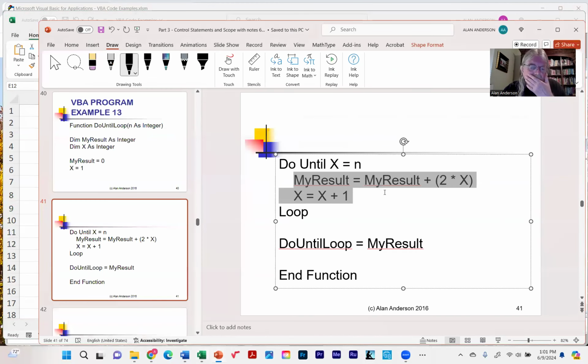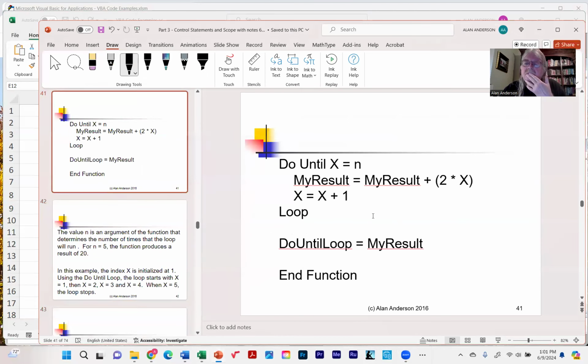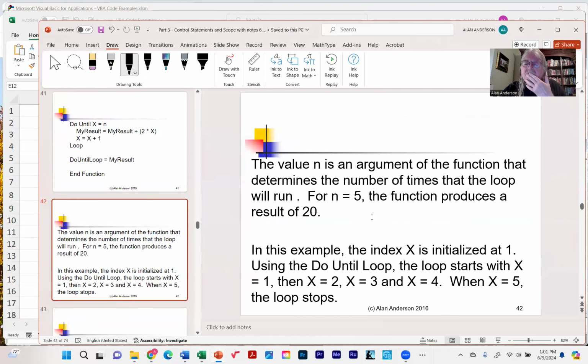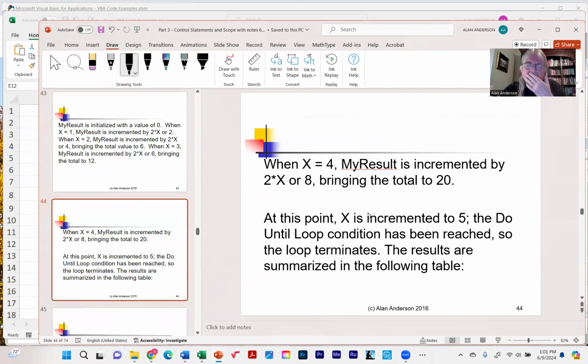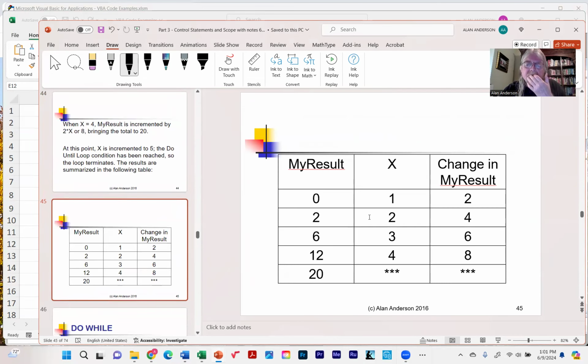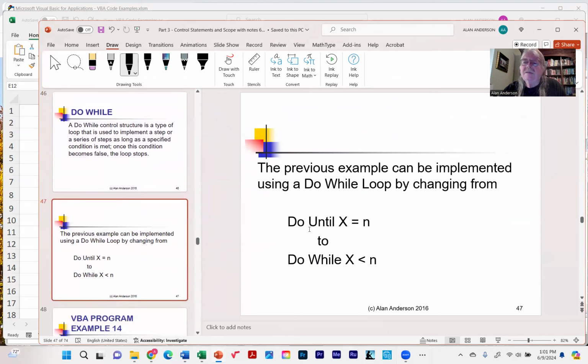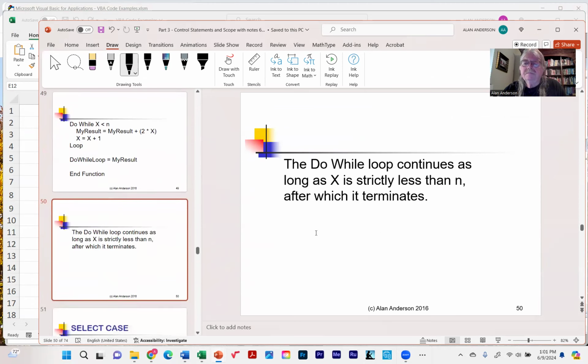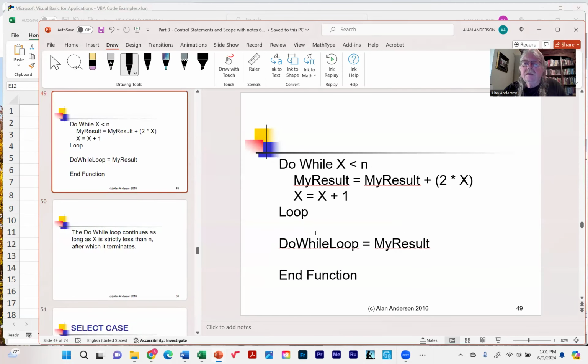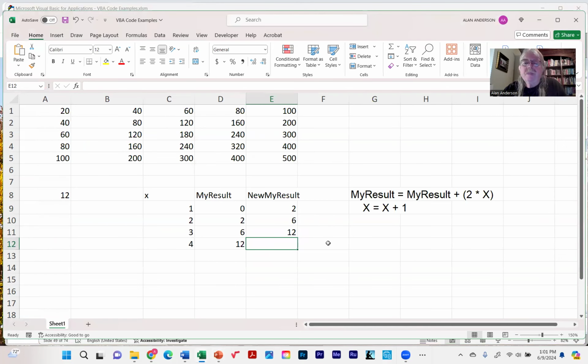So see this one, there's a lot going on here. But the bottom line is it knows to stop. So we end up with 12. Now do while is the same thing, except that it stops one step sooner than do until. Okay, so if I run this one as do while,